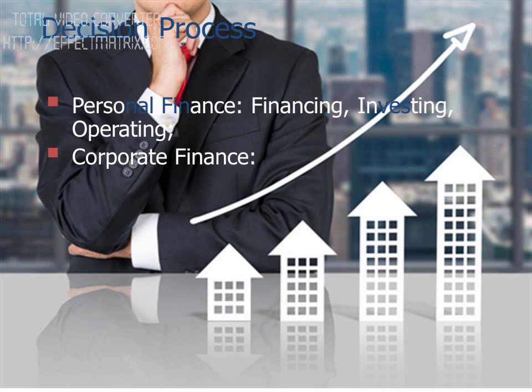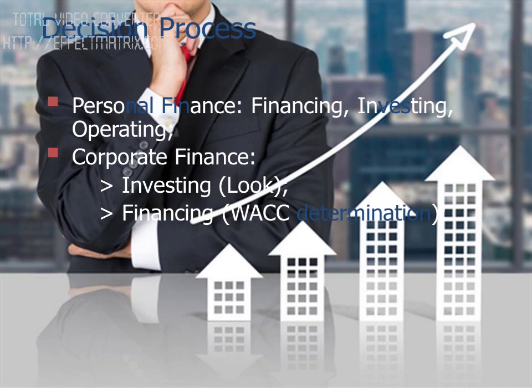So basically, in corporate finance, what's the setup? First thing that you need to do is, you look for investment. What are the possible investment opportunities? What are the projects available? A, B, C, or D. Next thing that you need to do is to determine your cost of capital or your WACC. After determining the WACC, then you can decide to accept the project or not. Okay? So we use the capital budgeting concepts that we've studied in MS. Later, we'll be discussing the details of that.